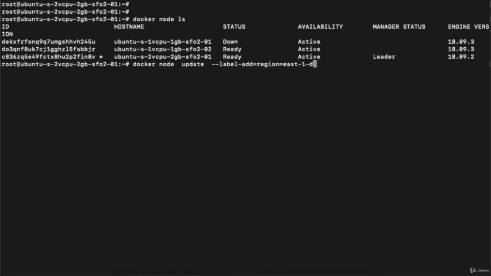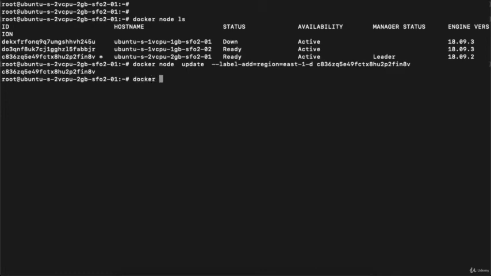When you're working on a stack, you need to know which machine is running on which node, which machine has which configuration, and where that particular machine is associated, right? So I'm assuming that my master node is deployed in the east 1D region. Then you need to define either the master node id or the host name. So I'm defining the id, hit enter. So the label has been created, right?